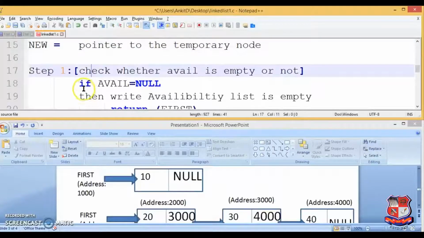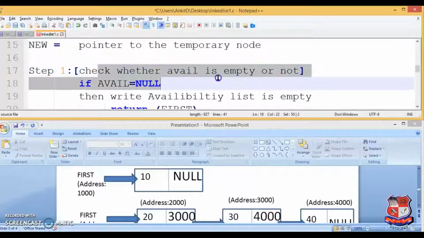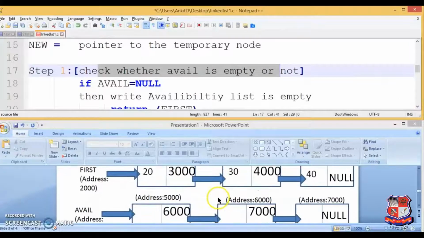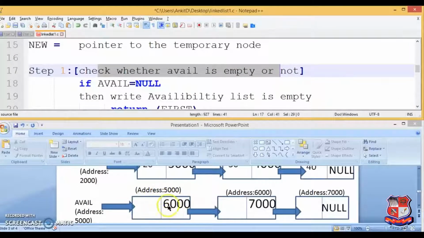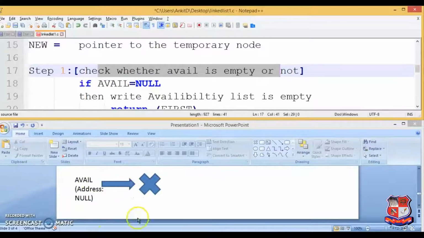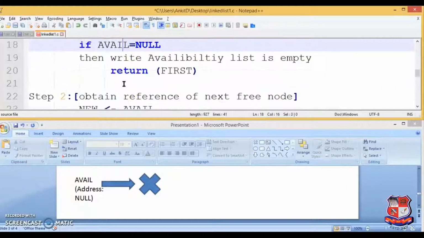Step 1: first we have to check whether the avail list is empty or not. As I said earlier, we have to insert a node from this available list. If the list is empty, then you cannot do the insert operation because the node is not there. Suppose this is the scenario, avail is null, it doesn't have any node in it. So if avail is null, then write availability list is empty and return first.